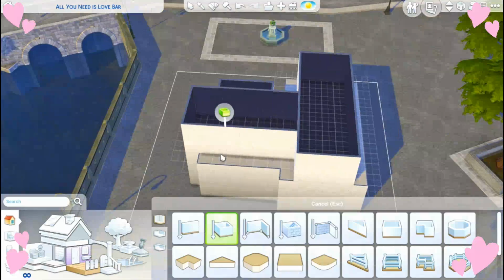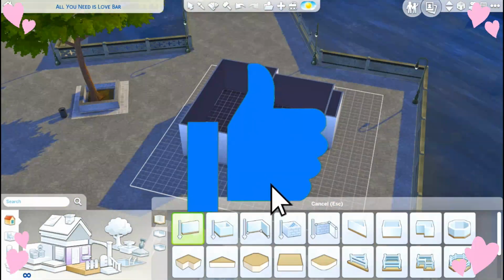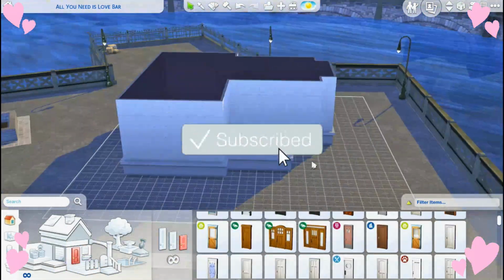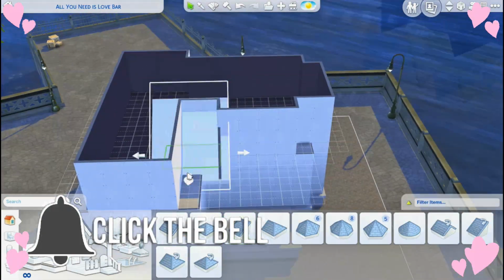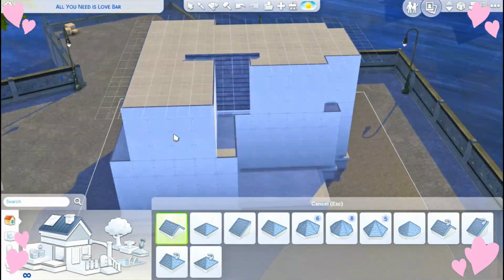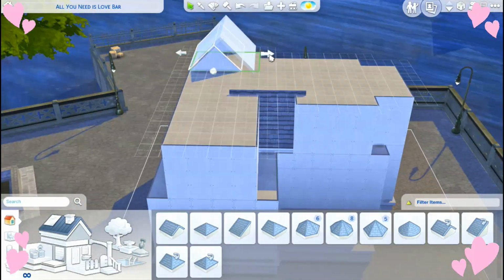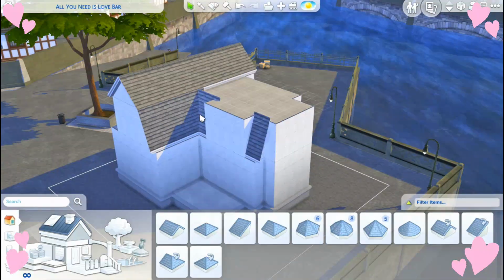So today we're building a restaurant slash bar in The Sims 4. Obviously, by the title of the video and the little hearts on the screen, you guys can probably tell that this is another Valentine's Day themed video. If you're not into Valentine's Day or anything like that, don't worry, this is the last Valentine's Day themed video